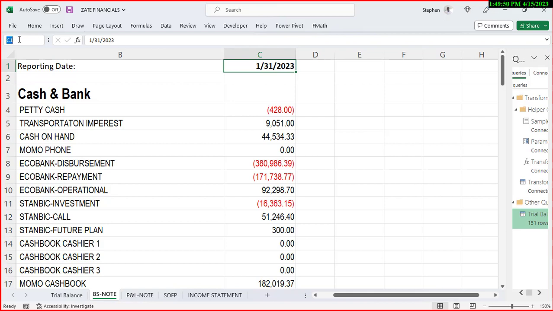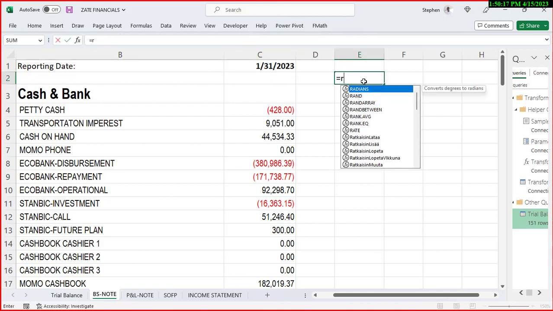So I'm just shortening it to make it R_date. You don't have to bring space. You don't have to bring spacing within. So if you want to separate anything, you just have to separate with underscore. So R_date becomes our reporting date. So when I click on it, even though I'm seeing C1 there, if I go here and type equal to and I type R_date,